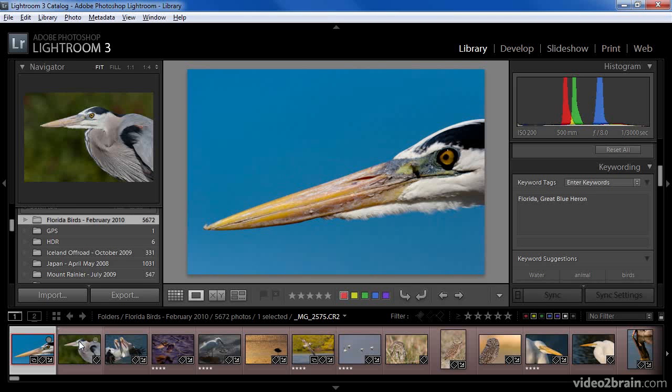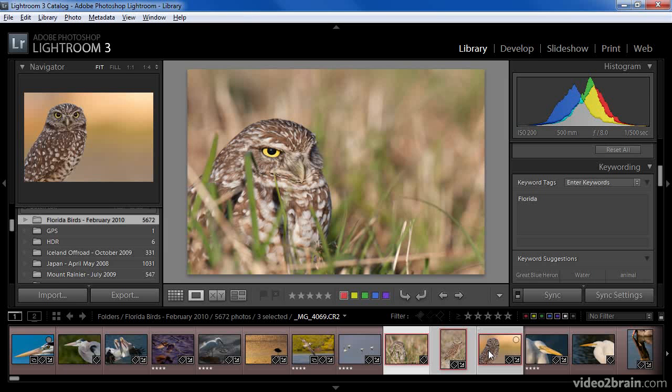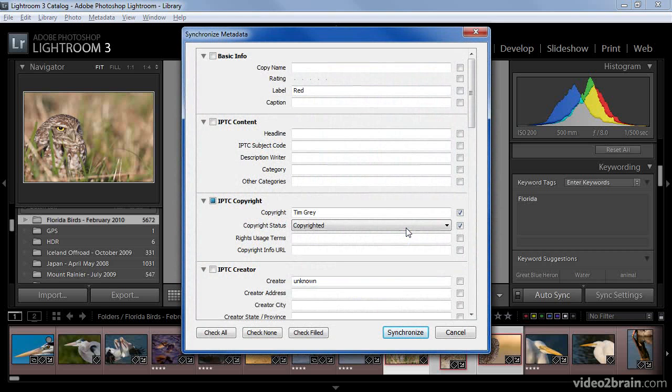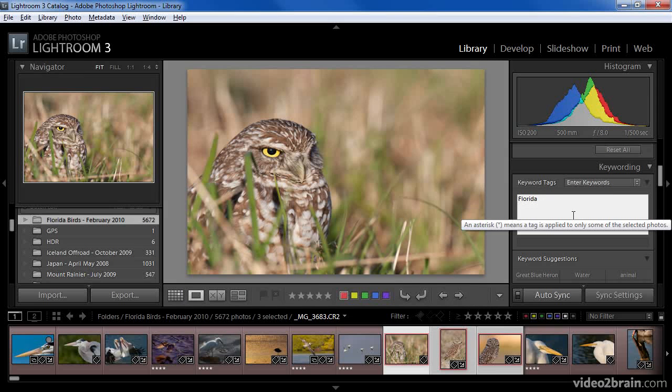I can also have Lightroom automatically synchronize my keywords for me. For example, here's 3 images of a burrowing owl. I've selected all 3, and now I can turn on the automatic sync option. When I do so, the button becomes an auto sync button. That will allow me to bring up the Synchronize Metadata dialog again. But in this case, I don't actually need to use the dialog. With auto sync turned on, if I type an additional keyword value for these selected images, they will all